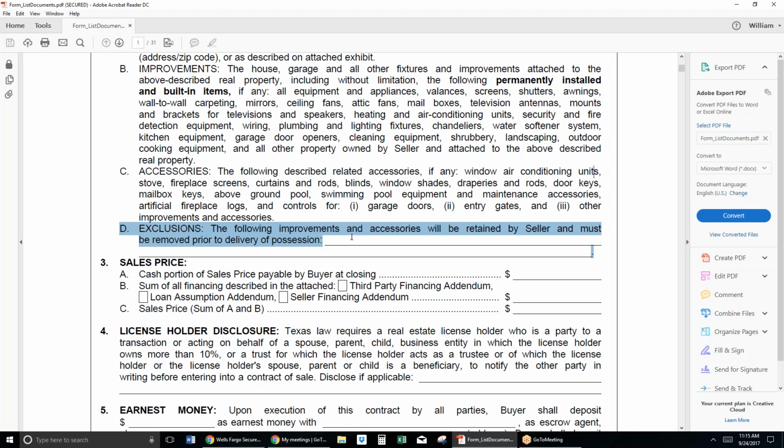And if for some reason there's a lot of them and you can't fit them all in here, then go ahead and add an extra piece of paper, type it up, and add it. Make sure it's a part of the contract. This, especially things like window AC units,